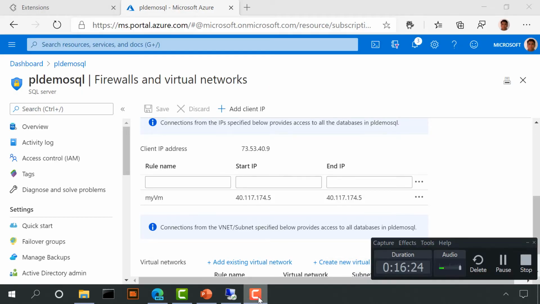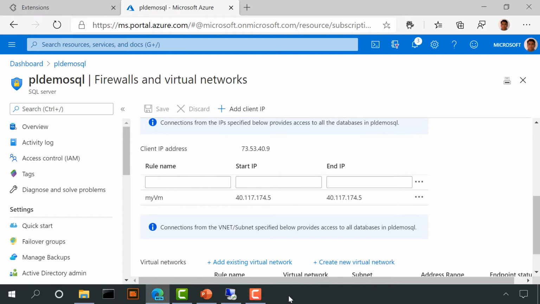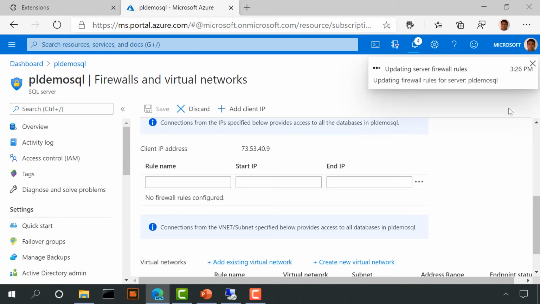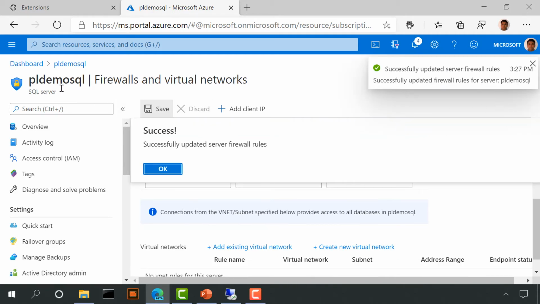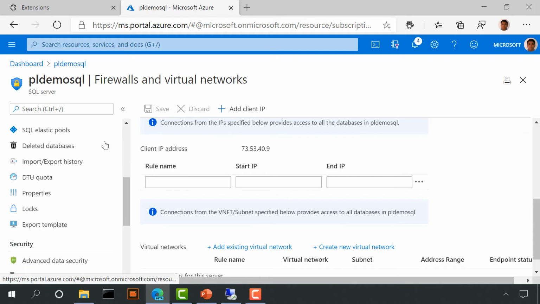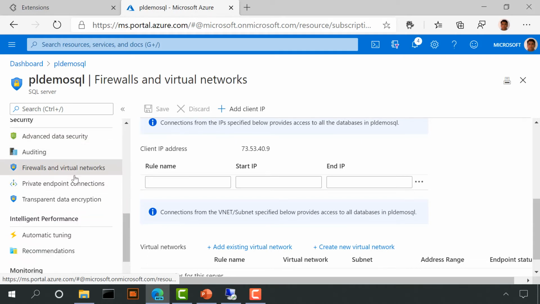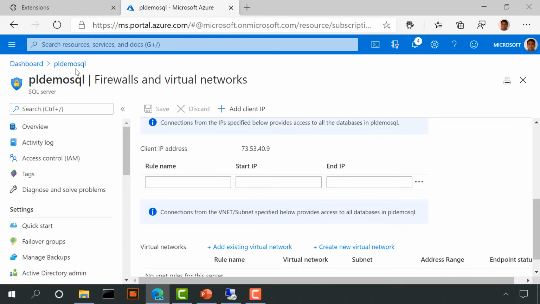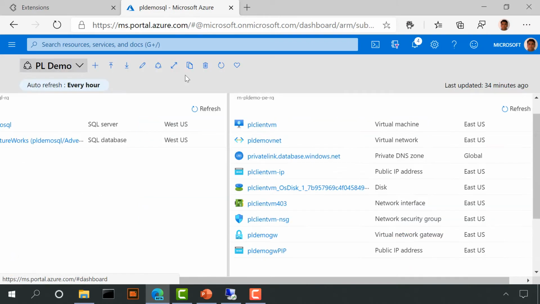For the purposes of this demo, we're going to go to the same SQL database that we saw in the previous demo. And let me go delete this. So my VM can no longer talk to this SQL database over the public endpoint. And then we go all the way down here in the server level blade, because remember, private endpoint is set up at the server level. But before I do set this up, let's take a step back